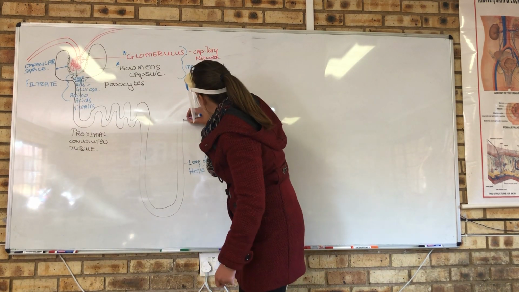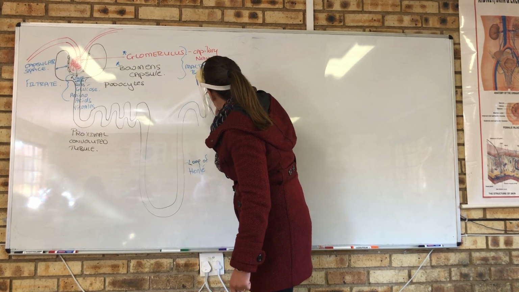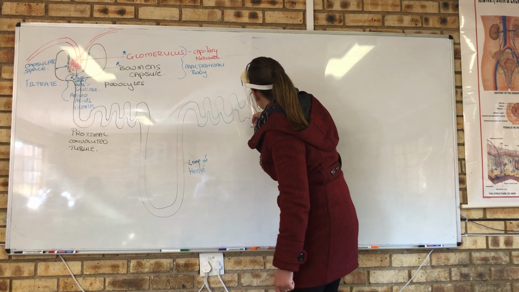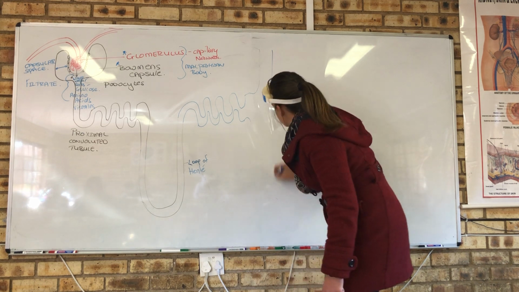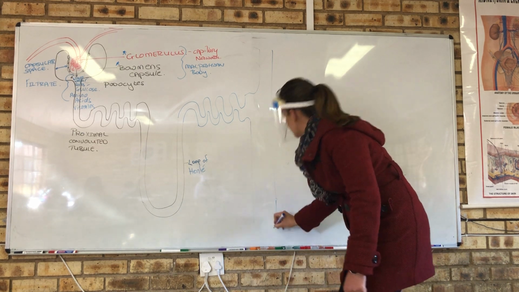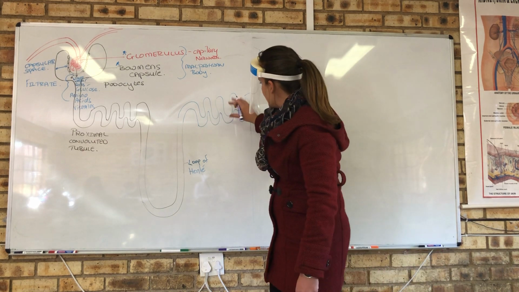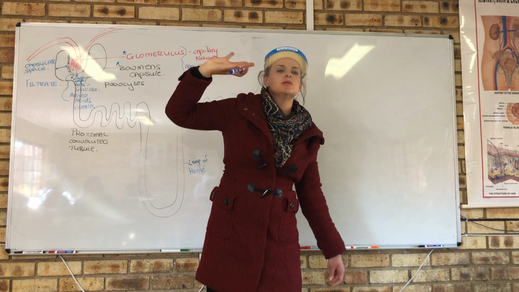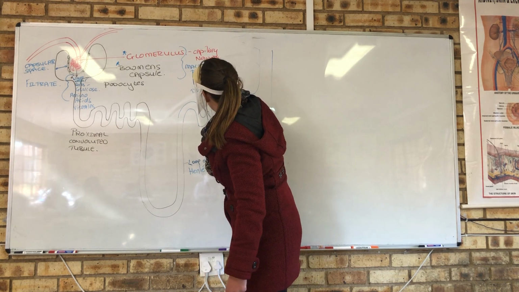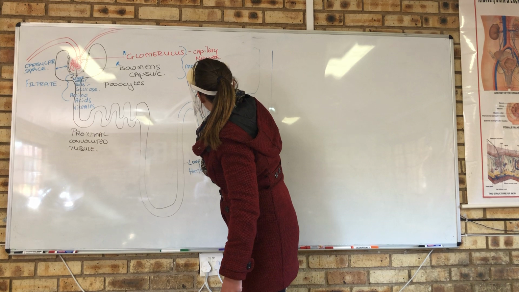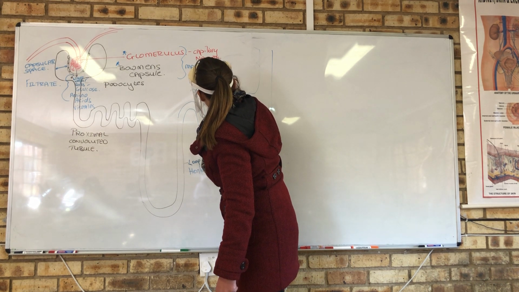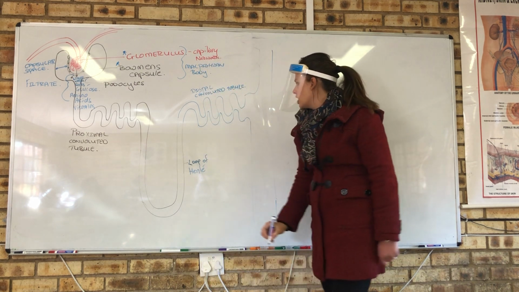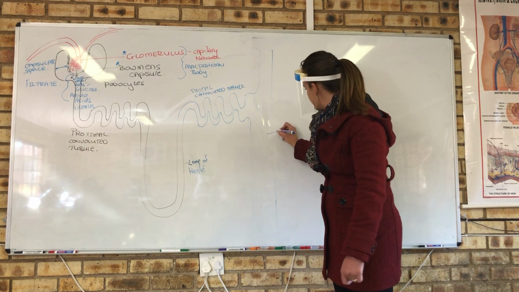And then we have the distal convoluted tubule. So convoluted again. Do you see it? Looping in on itself. And then we have the last type of tubule, which is the collecting ducts. And we'll talk about that just now. Right, so this one here is called the distal. Think about distance. It's the one a little bit further. Distal convoluted tubule, and the last type over here is the